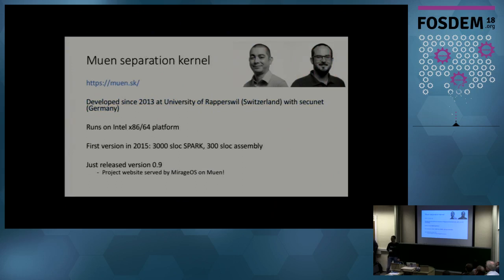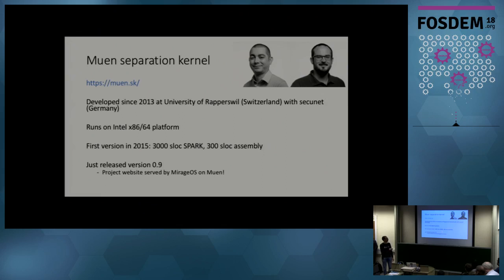Now Muen. Muen is the largest Spark open source project. It's a separation kernel by Adrian Reto and Reto Bürki. These two are researchers at the University of Applied Sciences Rapperswil, and they work with secunet, which is a security company in Germany. Look at the website to know all the details of the multiple features that have been added since 2013. It runs on